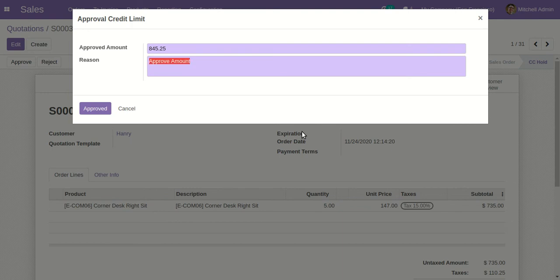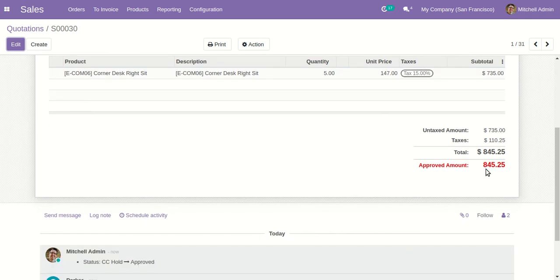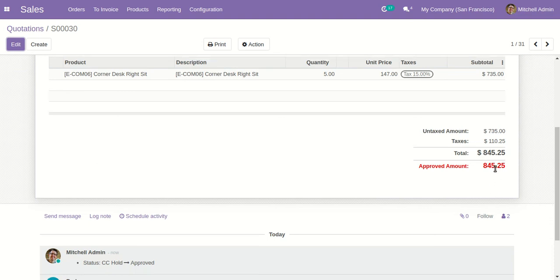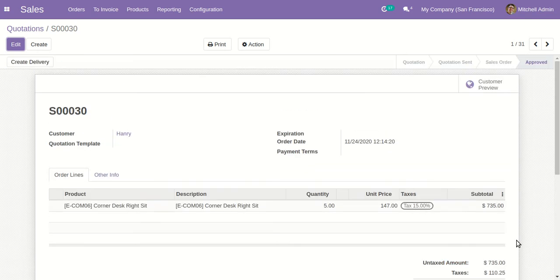I am writing like this, and here I am clicking on approved. You can see the approved amount is 845.25. When this amount is less than the total amount, in another scenario you have to balance this sales order subtotal, the main total amount accordingly. Then you can proceed further with the processes.